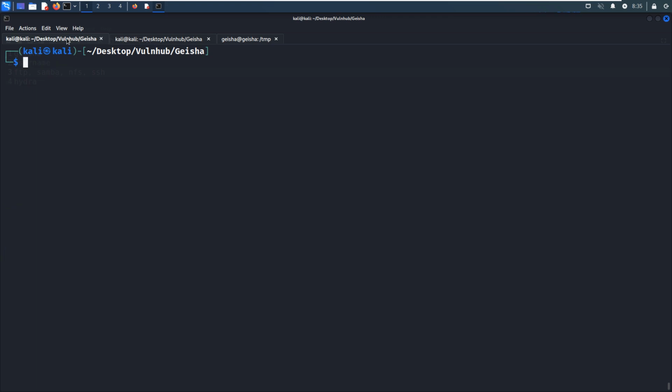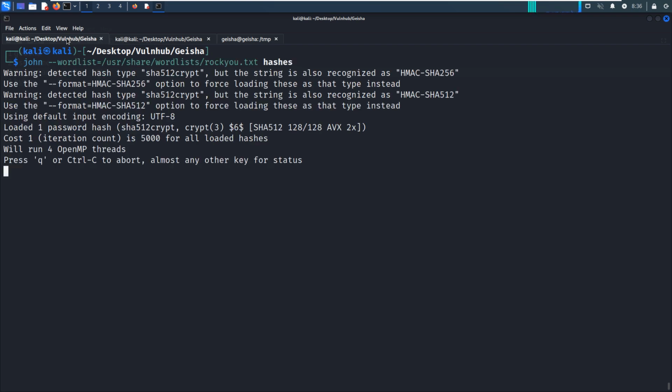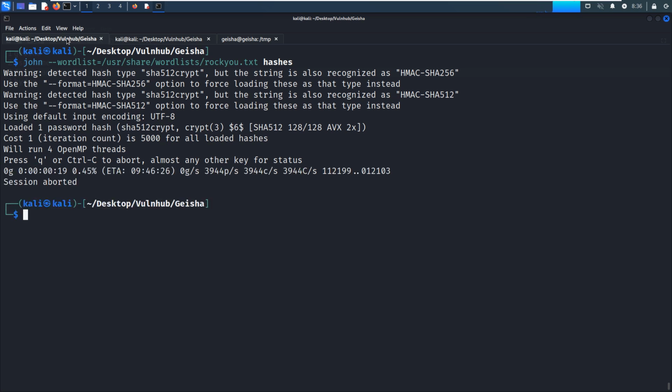And then next we can use John the Ripper or Hashcat to crack. However, when I did the machine, I ran it for about maybe 10 minutes or even longer. I failed to retrieve the password for the root user. To save time of this video, I'd like to quit. The reason I didn't neglect this step is that sometimes this technique is also very useful.